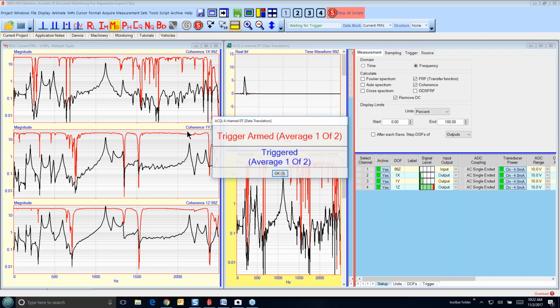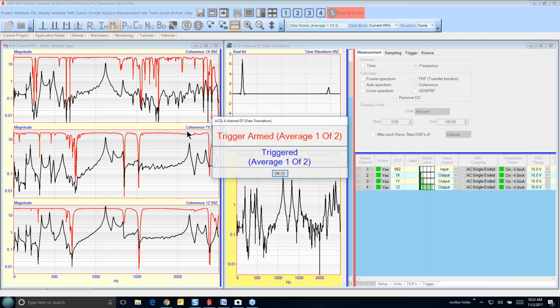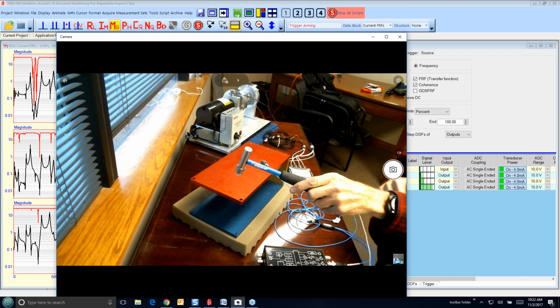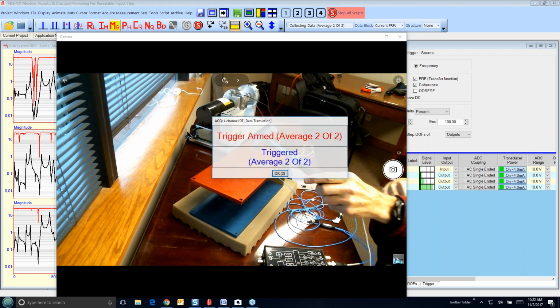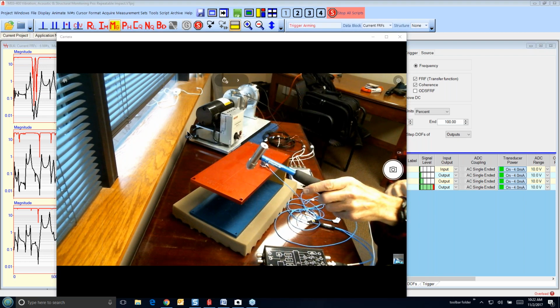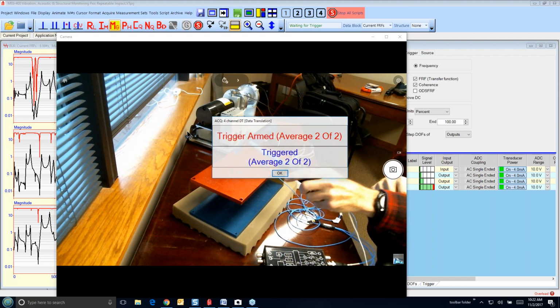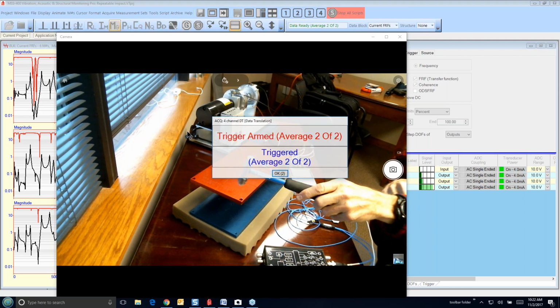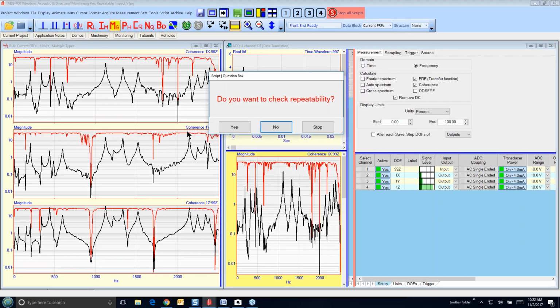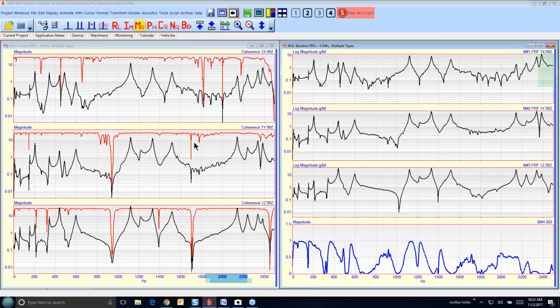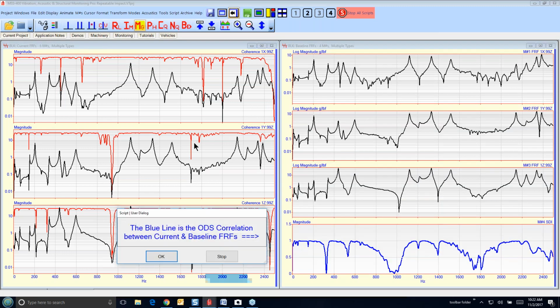Overload, too hard. Kind of a double hit there. Still an overload. Not too bad. The coherence looks very good. Let's check the repeatability. Better, but not perfect.